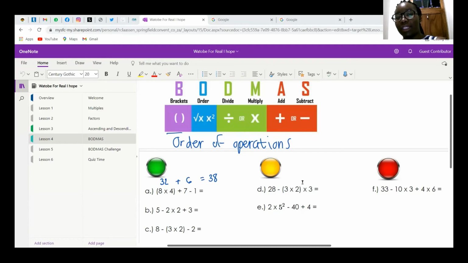So what comes next? Division. And there's no division there. So what comes after division? Or we could do it together. Times. Do we have anything that's multiplied here? Yes. Which numbers are multiplied? It's